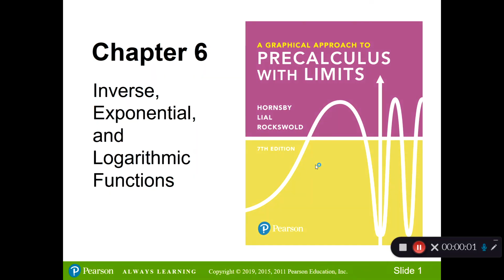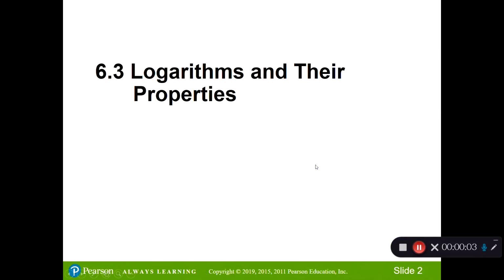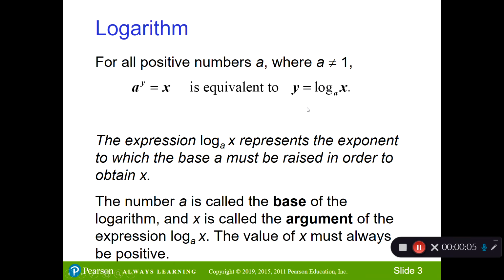Now let's talk about properties of logarithms. So first of all, we're going to define a logarithm. The statement y equals log base a of x is equivalent to saying a raised to the yth power is equal to what's inside the log, the x. So you want to remember this definition, going back and forth between the exponential and the logarithmic statement,